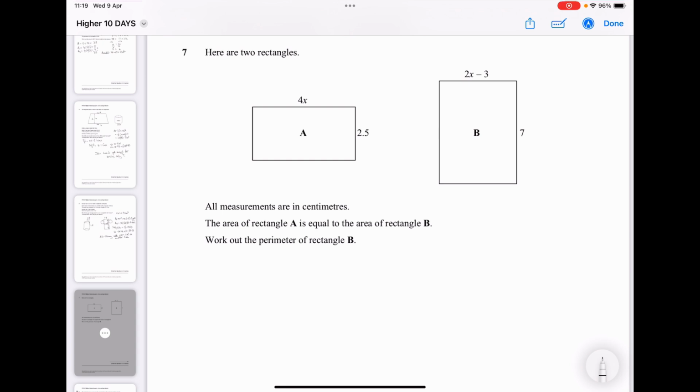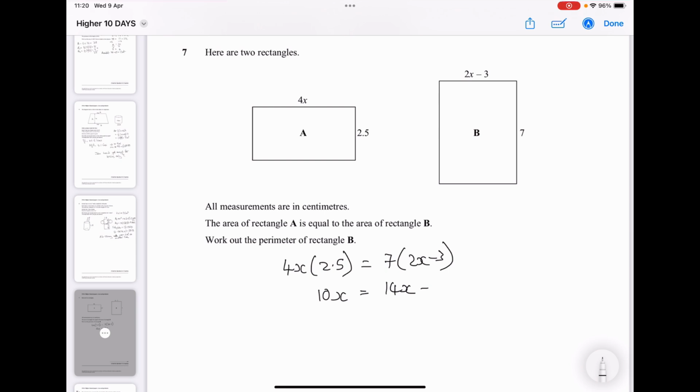Here are 2 rectangles. All measurements are in centimetres. The area of rectangle A is equal to the area of rectangle B. Work out the perimeter of rectangle B. So the area of rectangle A is 4x times 2.5, and that equals 7 times 2x minus 3. So forming and solving an equation, 4 times 2.5, so we've got 10x equals